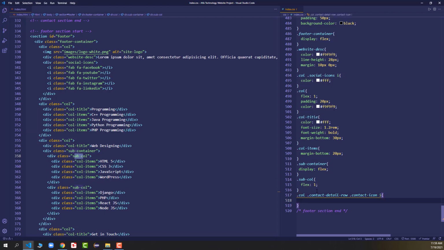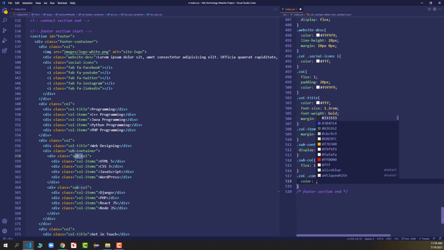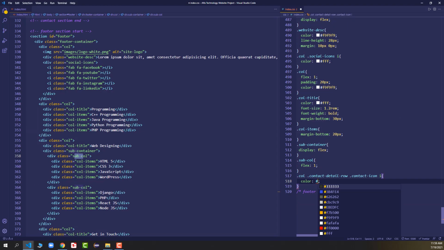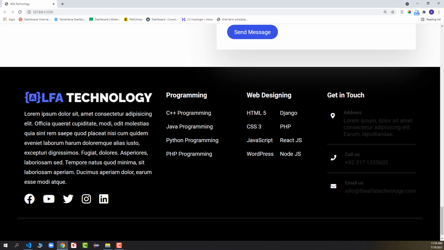Okay, we are saying that go and find the dot column class, and inside of the column class find the contact detail row class, and inside of it find the contact icon class, and inside of it find the I tag. Okay, after that I will say color should be F9 F9 F9 half white, background color should be transparent, and font size should be 1 rem. Okay, so you can see the icon color should become half white.